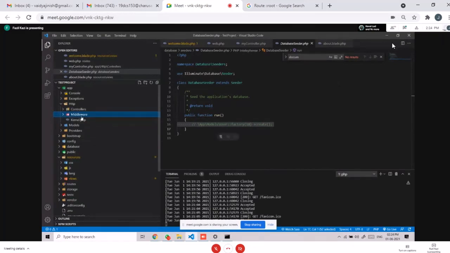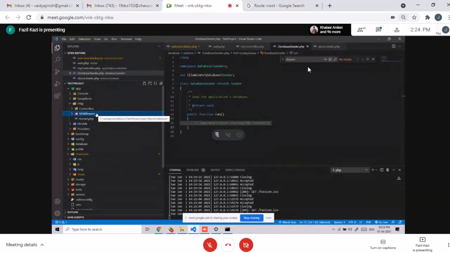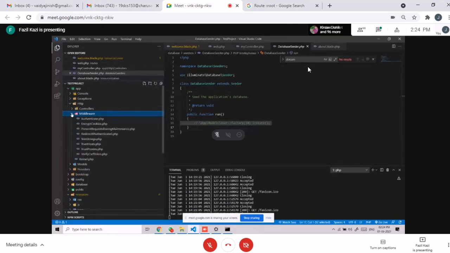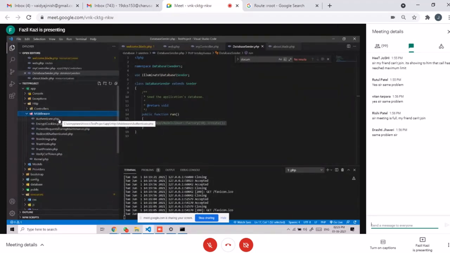Basically, what middleware does is filter the data according to the user who is going to use it. For example, an admin is deleting some user. The admin has the right to delete the user, so it can easily do that, but a user cannot delete another user because they don't have that right. That's why the middleware comes into the picture, and it will authenticate the user for accessing some data.